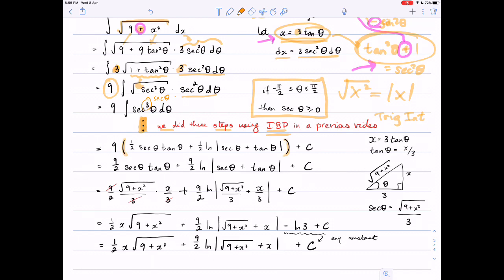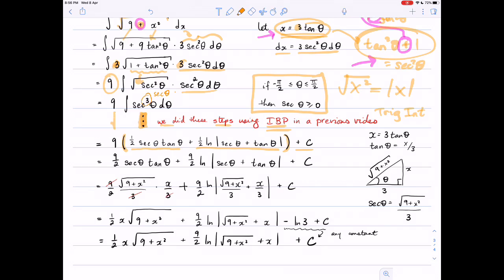The integral of secant cubed of theta d theta gives me 1/2 secant theta tan theta plus 1/2 the ln of the absolute value of the secant theta plus tan theta plus c. So the 9 just follows through on the front, and then I multiply that 9 through here to get these two coefficients. So the last thing that we have to do is to